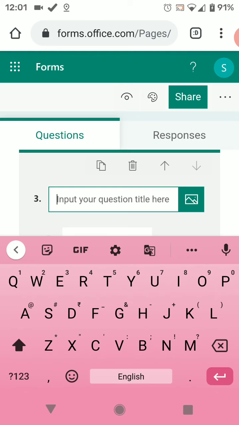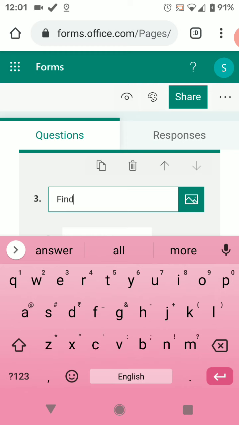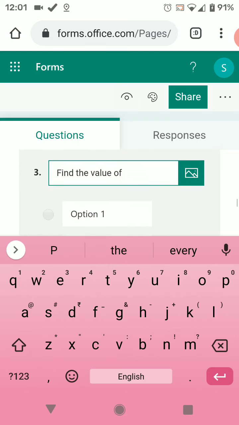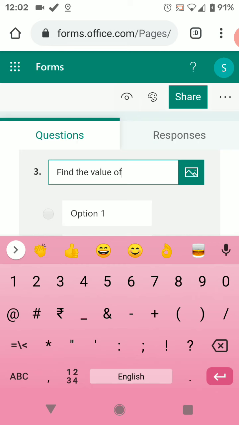Now for example, if I am writing, find the value of... now I'm taking out my mathematics things.